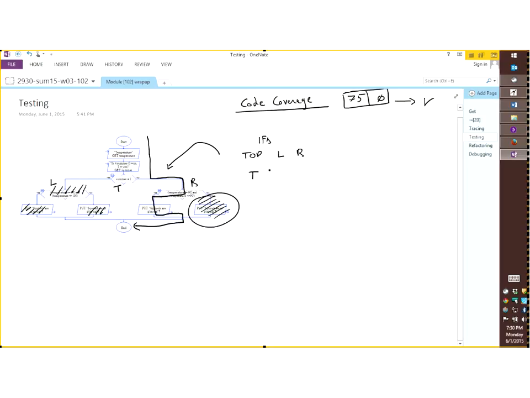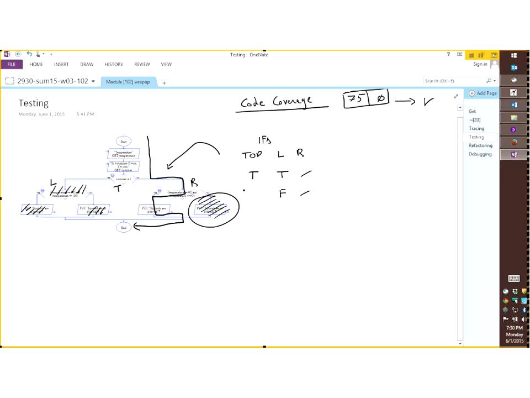Let me write here. I'm doing pretty much a truth table, as you've seen in the lecture video. My top if statement can be true. If it is true, then the left if statement can be true or false. So there are two outcomes, true-true or true-false, and the right one doesn't matter, it's not even executed.